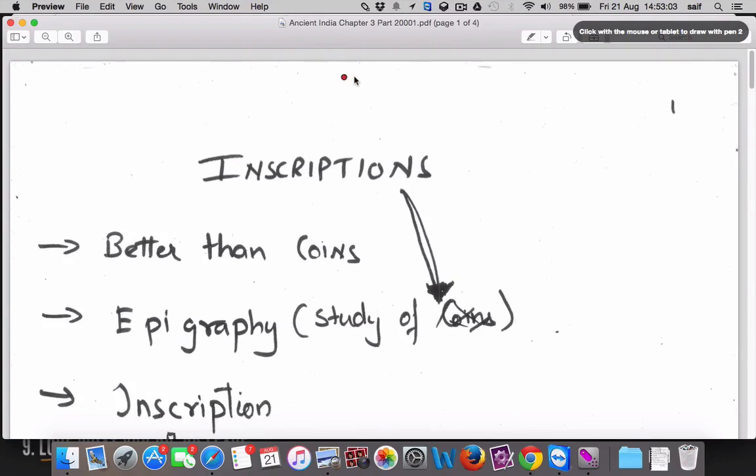In this video we are going to see Ancient India chapter 3 part 2, and this data has been taken from class 11. Okay, in the prior videos we have seen how Ancient India came into power, the sea route to India, and after that the trade, how the other civilizations took place,